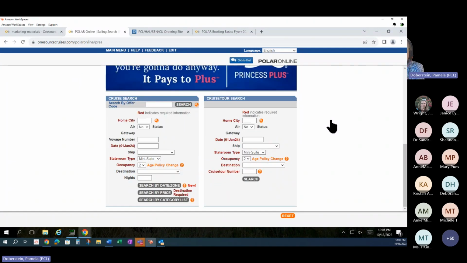We're now going to go down to cruise search. And this is why I said printing out the information from that Alaska brochure is handy. If you're searching for a cruise tour, they're going to ask you for a cruise tour number. The number can be found on those printouts or in the middle of the book. In fact,